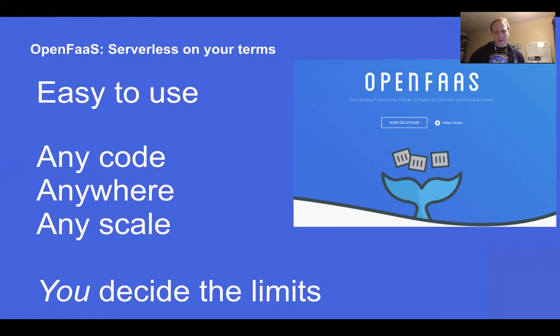But one of the key things here is really being able to use open source software and decide the limits. So with AWS, you're really looking at something like, correct me if I'm wrong, 128 megabytes as your maximum upload for Lambda. With OpenFaaS, you can go to multiple gigabytes. And because we're using Docker and layered file systems, it actually works really well. And there's a quick recap on OpenFaaS.